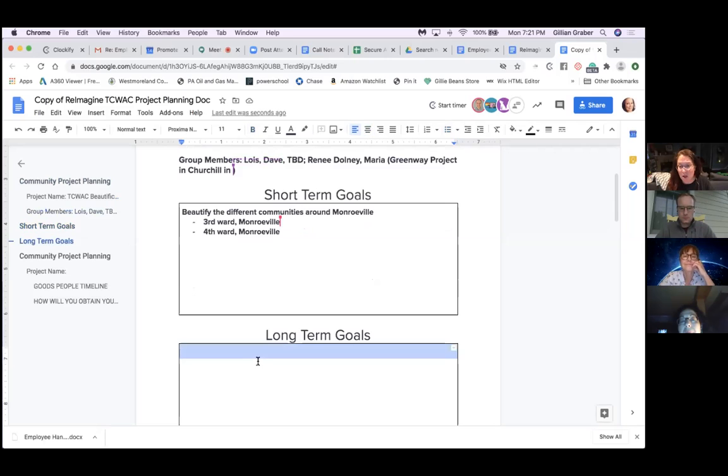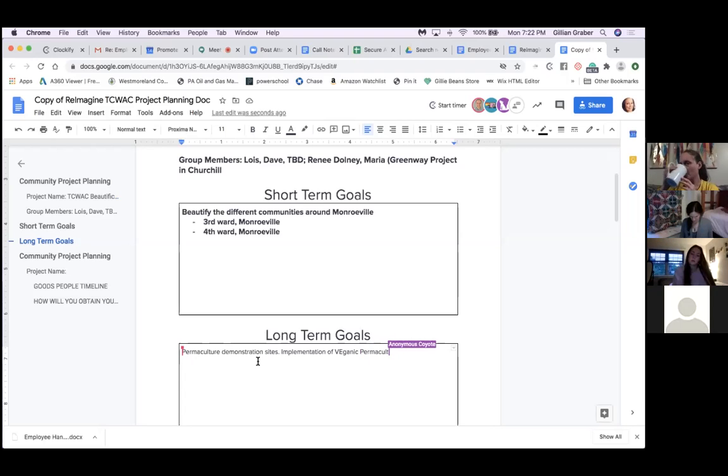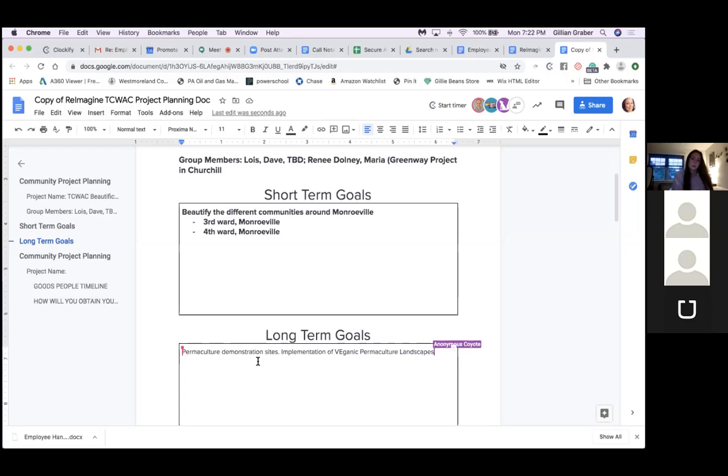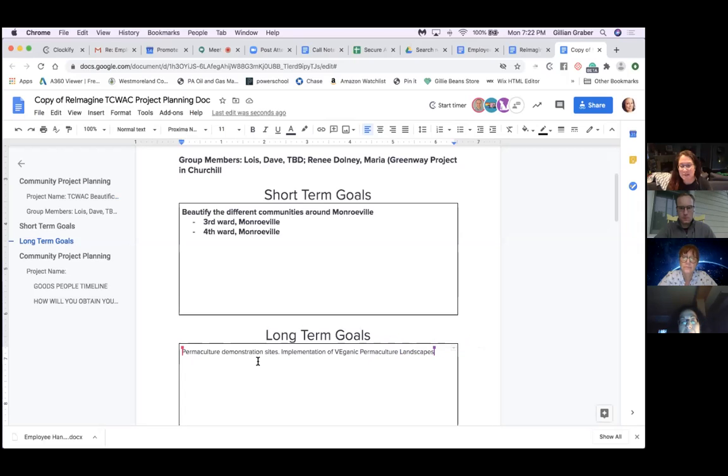All right, and then what are the long-term goals for this project? Could this be something that you do a couple in Monroeville and then we do it in other communities, maybe some in Braddock, if that's something that people in Braddock want to see. Maybe we go to Penn Hills, if that's something that Penn Hills wants to see. And this is something that long-term could be really wonderful, to not only beautify, but give people a sense of pride in their community and just really uplift people.